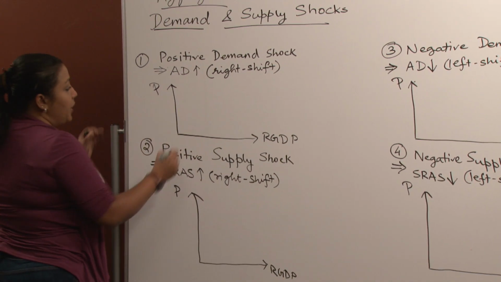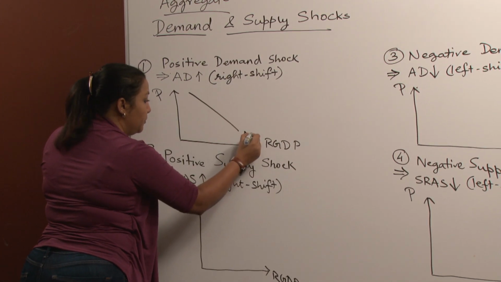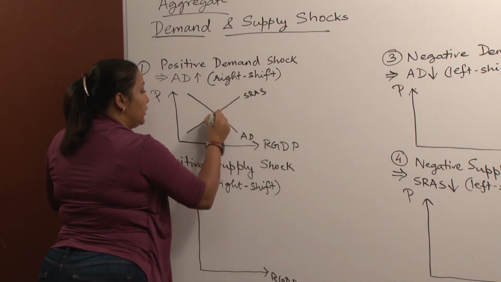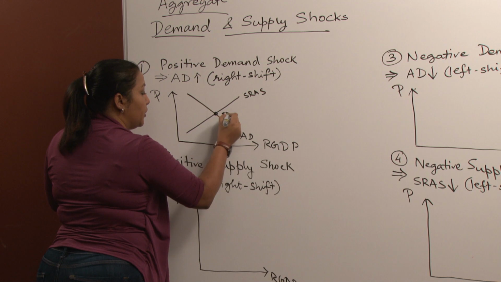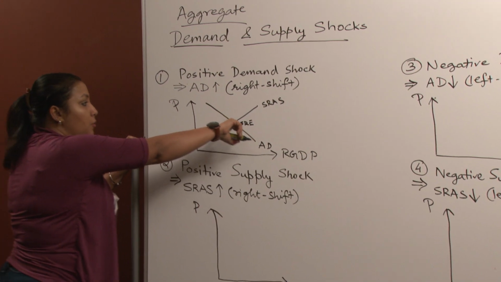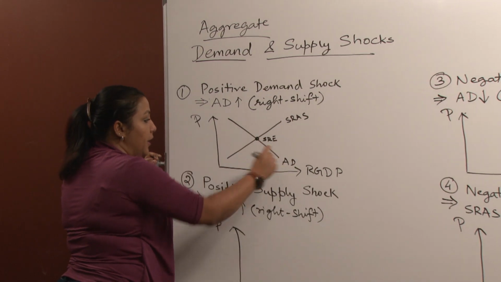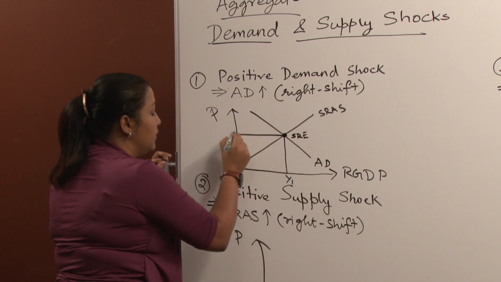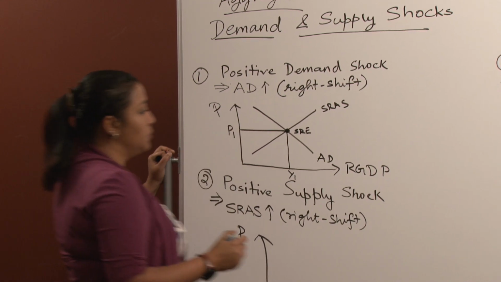Okay. So we are at a short run equilibrium in the economy. So let's say initially the economy is here at a short run equilibrium. Why is this a short run equilibrium? Because it's an intersection point of a SRAS curve and the AD curve. And this is our real GDP, that's our price index. Similarly here,